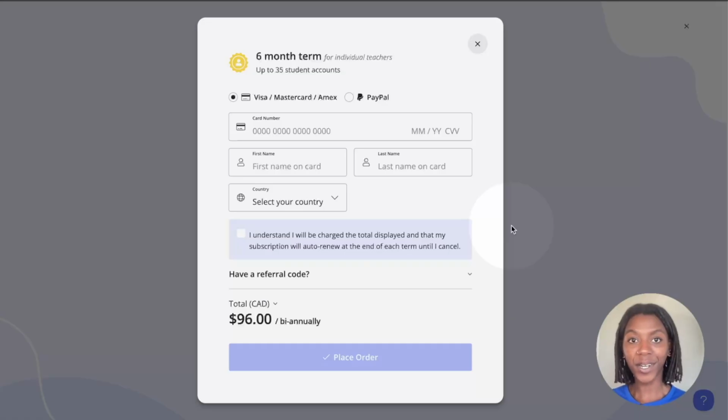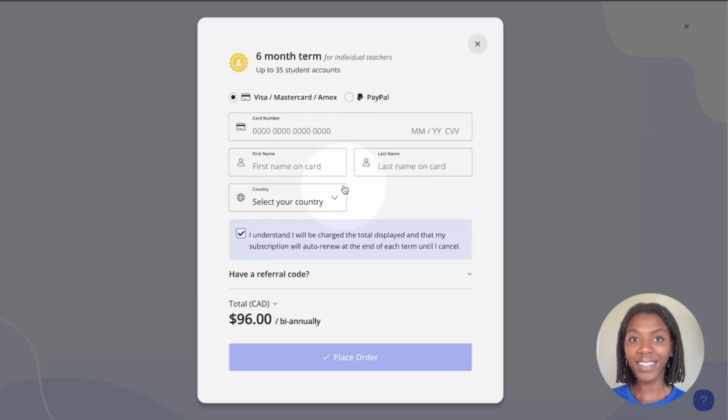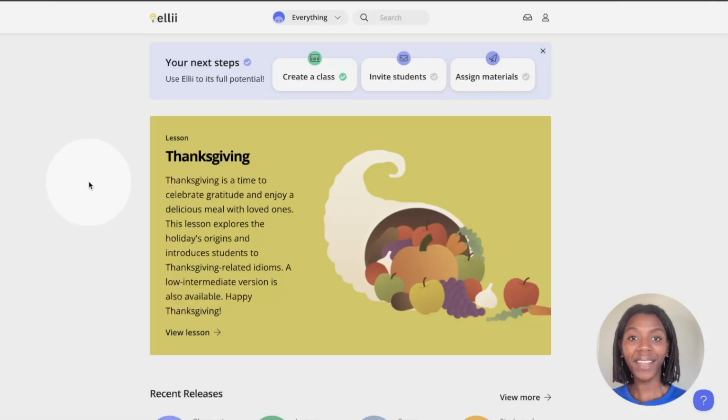Once you have picked a term, enter your card information, or you can pay with PayPal by clicking the PayPal option at the top. Once you have entered your card details and have agreed to the terms, click Place Order at the bottom. You'll then have immediate full access to this subscription, and you can begin creating a class, inviting